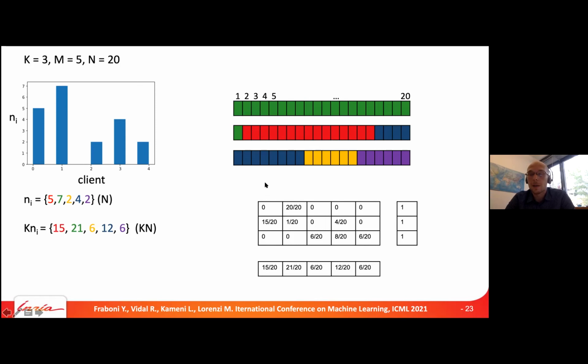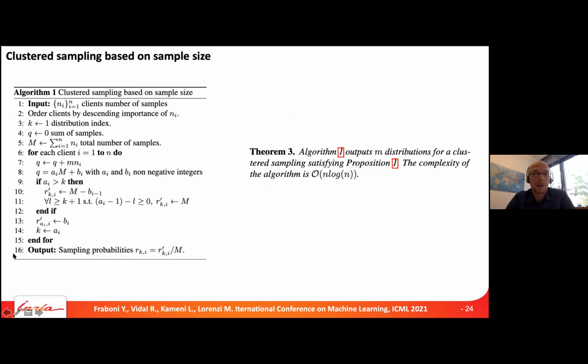So this is the first principle. And yeah, here you have the algorithm. It's just basically integer division just to assign and take the remainder, and then we iterate that and we keep assigning to buckets until we process all the elements of a given client, and then we move to the next. And we know that if we apply this procedure, we satisfy our conditions for our cluster sampling. So this is a valid sampling strategy.